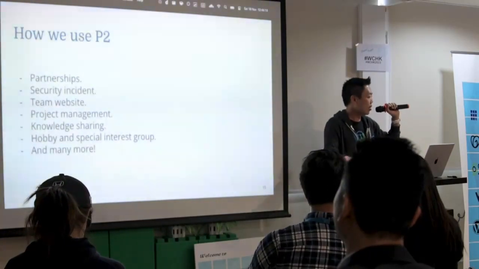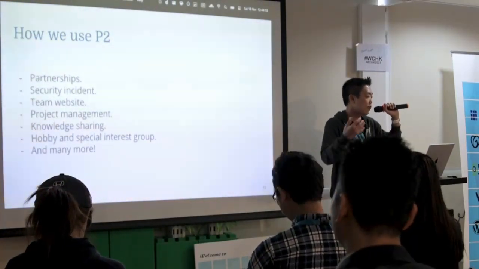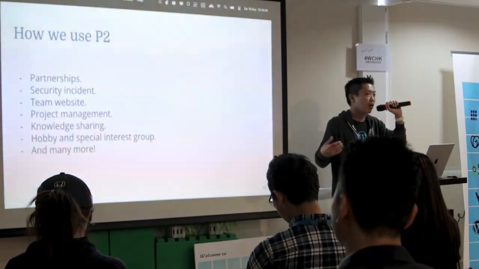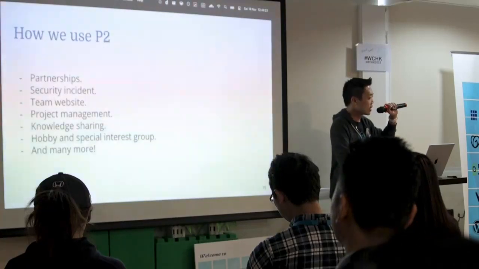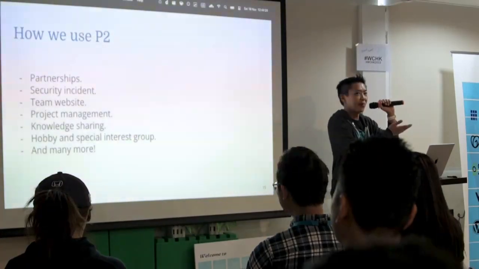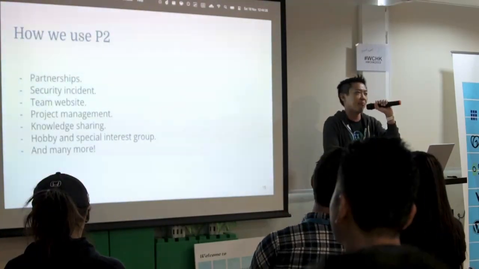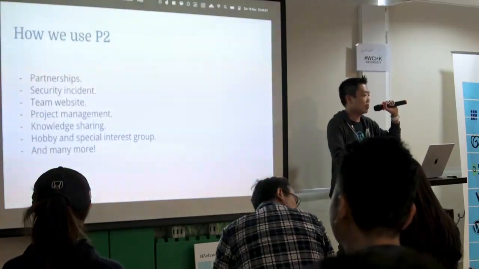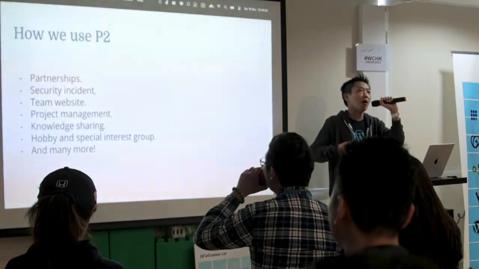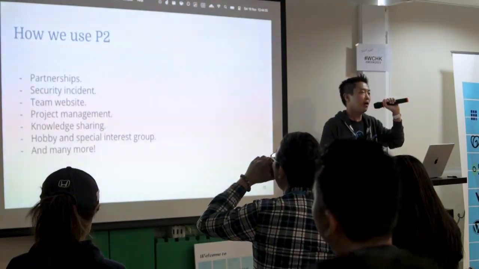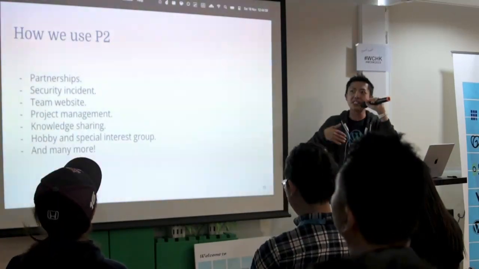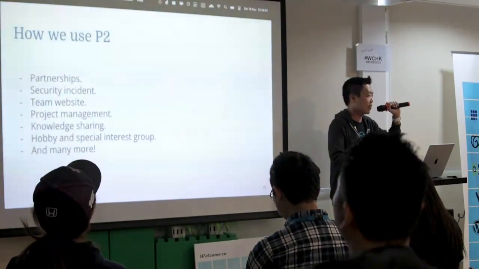And you have company partnerships, like partnerships with Google, partnerships with Facebook. You make a post, everyone will know about it. You can put in your partnership contracts. Security incidents: someone mentioned earlier we have all those plugins, and sometimes we have security incidents. This is the place where you can post about it. How do you want to respond to it? What are the public communications? How do you want to do the public communication? You do all the discussion in this P2, and everyone is aware of that.